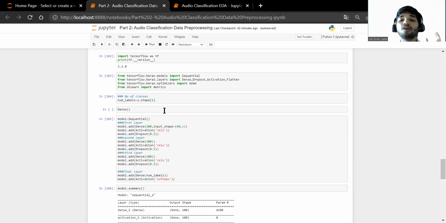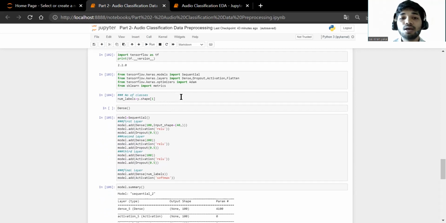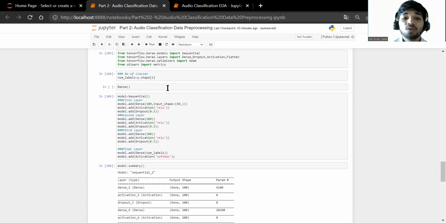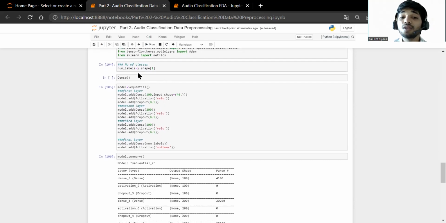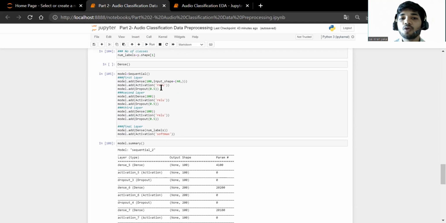So every artificial neural network will have the dense layer, dropout layer, activation layer, and flatten layer. For that purpose, we are importing those layers, and we are using the Adam optimizer and some metrics like accuracy, so we are importing the metrics also. With y dot shape, the number of classes we are storing into num labels. And here we are doing the model creation,